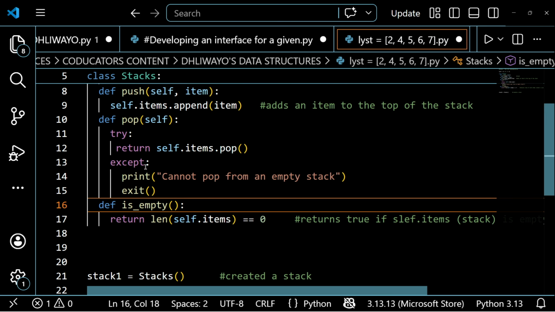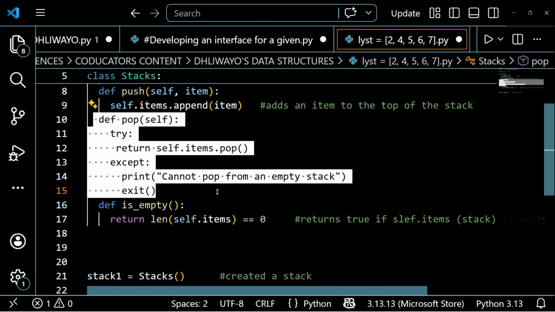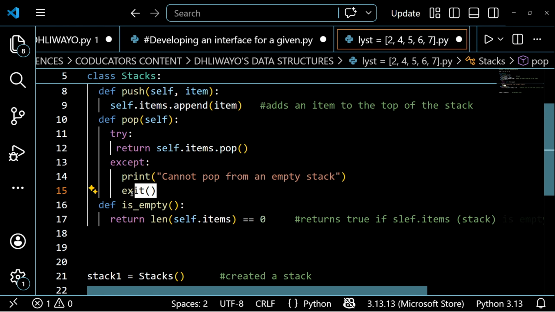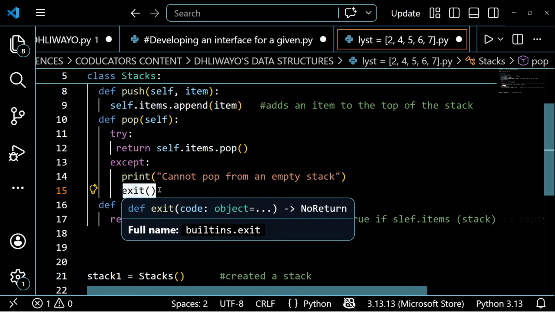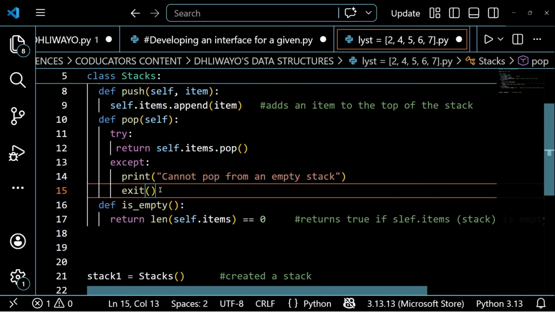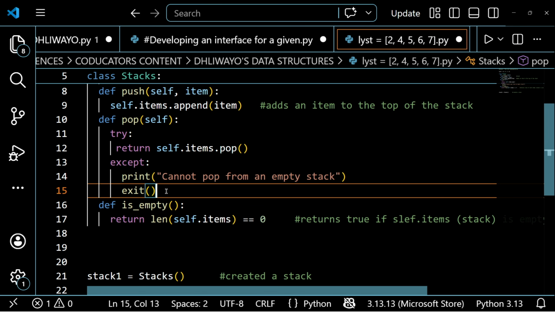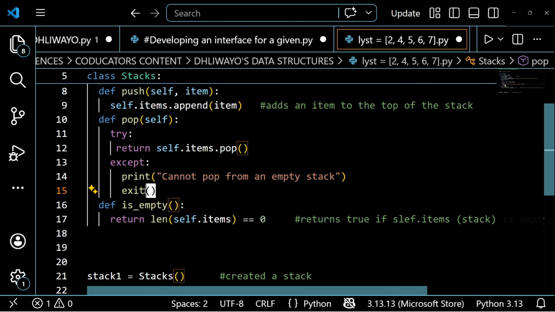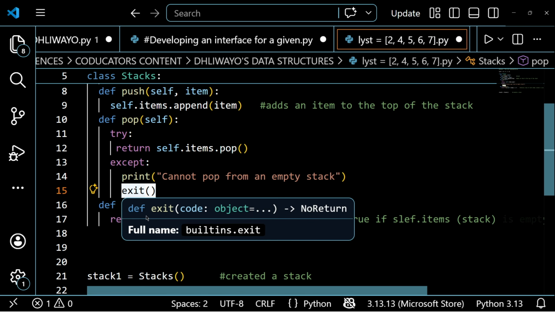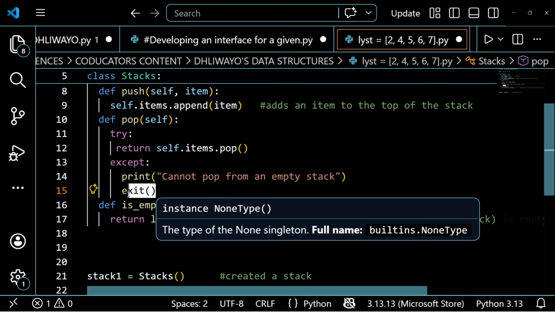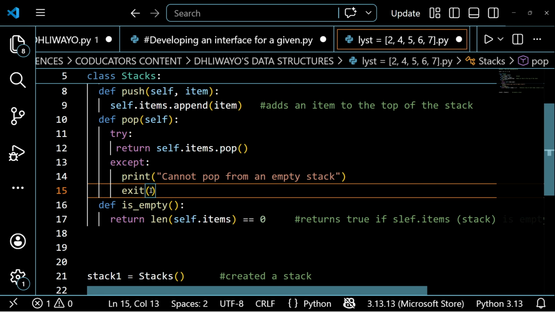Okay, so if you take note carefully here on my pop method definition, when I defined the pop method, I had to use the exit condition here so that I can avoid the None, because remember when we printed without the exit option here, it was giving us None because there was no return value, right? So instead of writing this exit, you can change our logic a bit for the pop function, because now you know how to test whether the stack is empty or not. This exit will completely exit the entire program, so it's not going to be very good for the user.